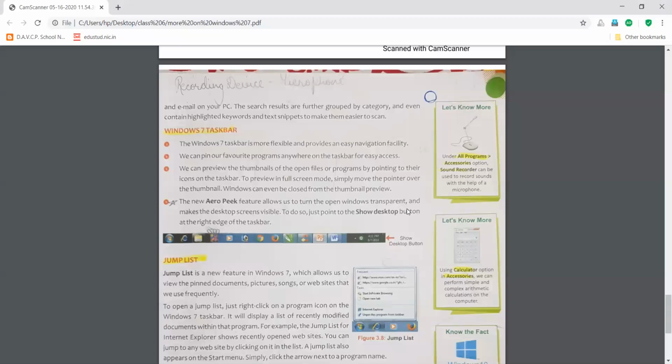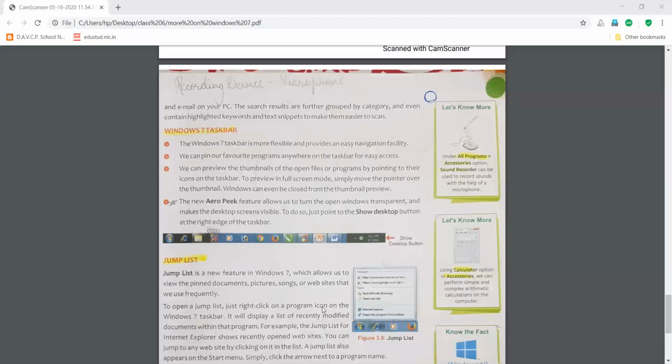Next is the Aero Peek feature. This is a very new feature of Windows 7 that allows you to turn all the windows transparent. Peek means looking into something. Suppose I have opened 10 applications in my computer and I don't want to waste my time minimizing all the application windows.